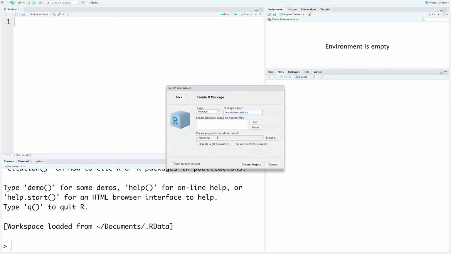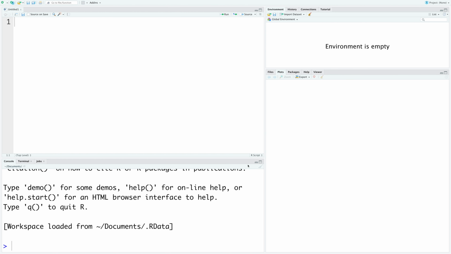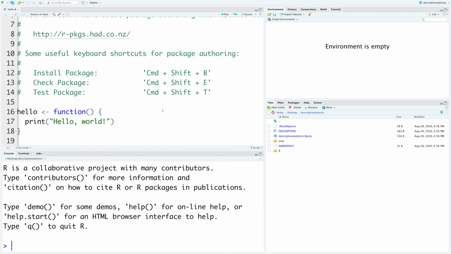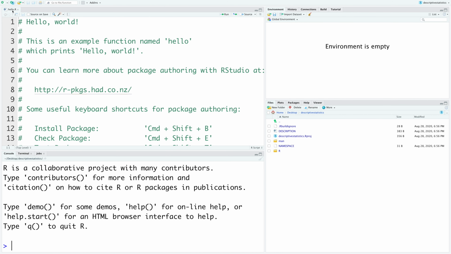So right now this project will be created in a subdirectory of Desktop. I'm going to leave this as it is and click on Create Project. So you have an empty template with a file called hello.R, and within the Desktop directory it also creates this Descriptive Statistics folder which has some files already.